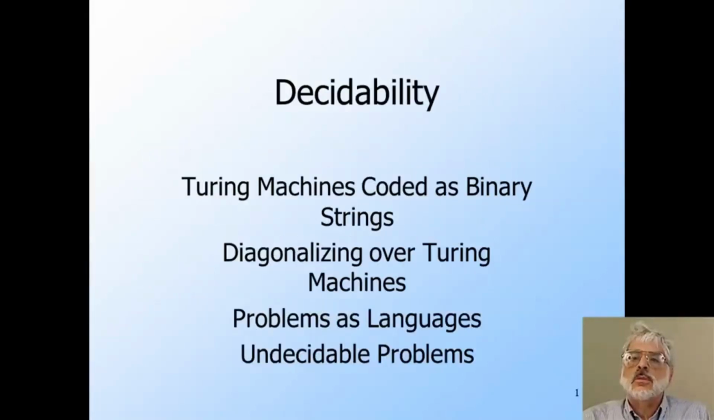Now we are ready to show some particular problems not to have algorithms. The central ideas for this lecture are, first, that Turing machines can be enumerated, so we can talk about the ith Turing machine. That lets us diagonalize over Turing machines the way we diagonalized over languages, showing a particular language that cannot be the language of any Turing machine. Then we establish the principle that a problem is really a language, and we show specific problems not to have